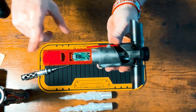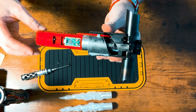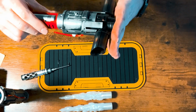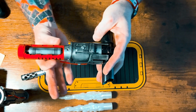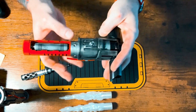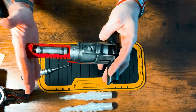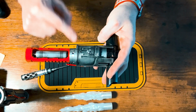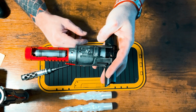So really, really fantastic chassis. Easy to install. I like the look of it. It's cool that it's printed in red, you know, to match that dark side feel. But great chassis. So it is a static chassis. It's got a little nipple here. And actually, the fitment and the dimensions of the chassis itself were perfect. It's just a perfect press fit right up into the upper part of the hilt. Those 3 set screws for the grip also help to keep the chassis in place when you screw everything in,